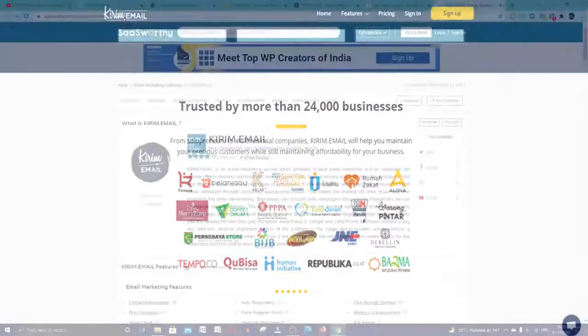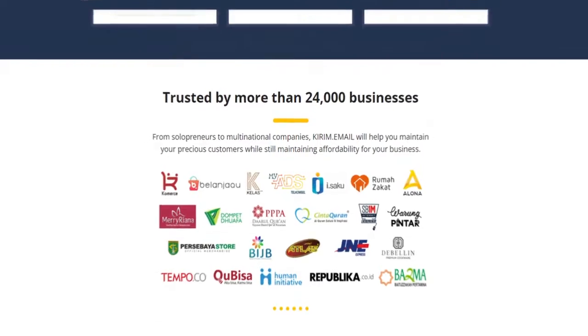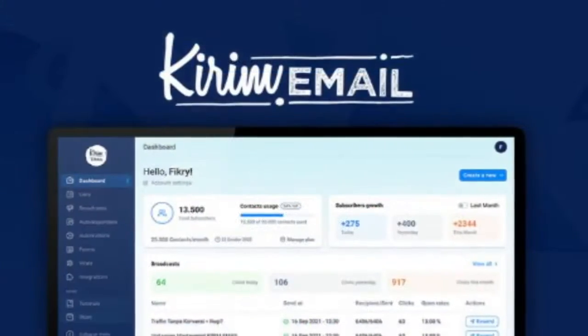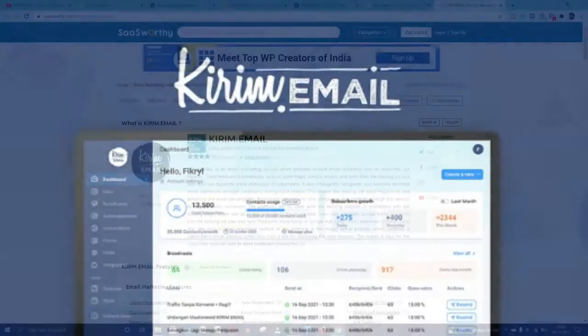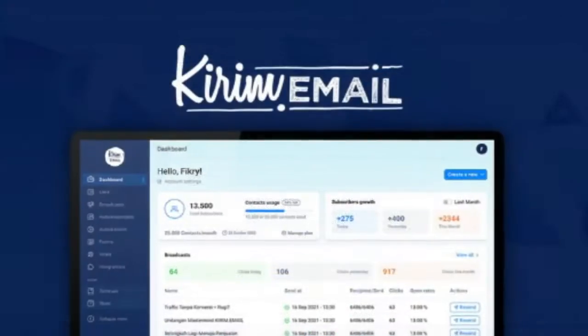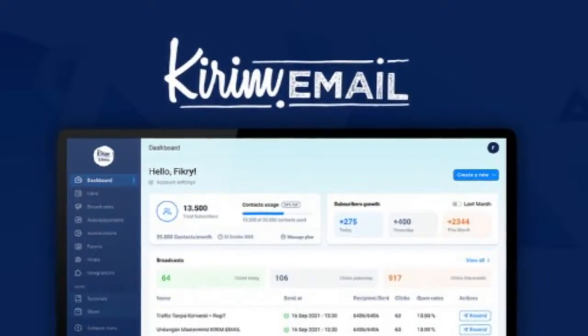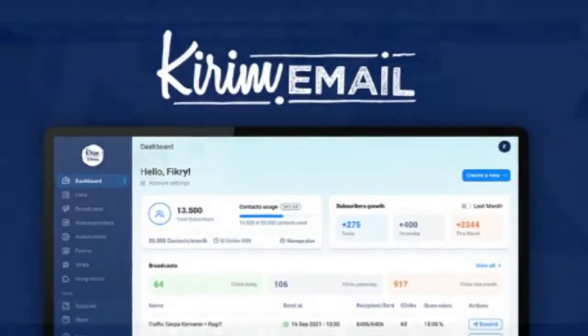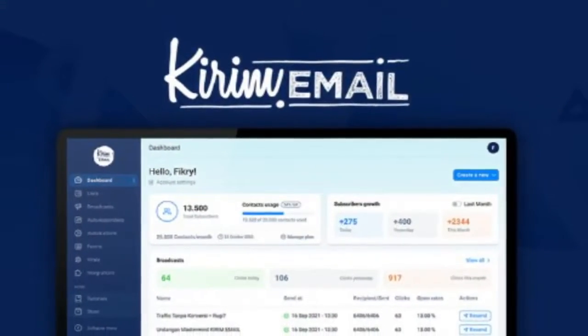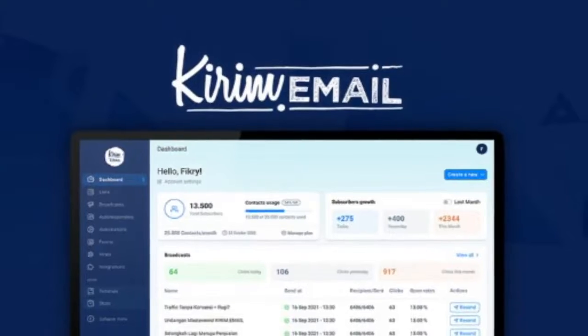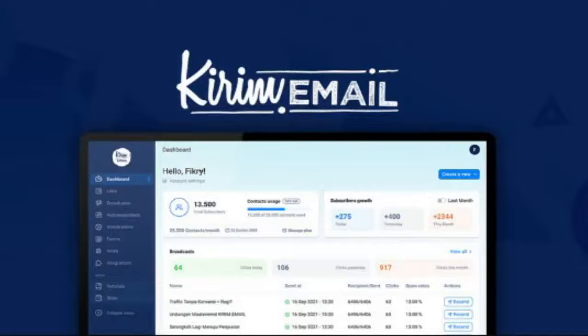So guys, I'm gonna review the tool which is named Crim.email. Crim.email is an email marketing service which provides inbuilt email validation and an automatic list cleaner. These features automatically remove spam traps, zombie emails, and bots from the mailing list and also filter out duplicate email addresses of subscribers. It also intelligently recognizes and removes dormant email addresses through continuous background checks. This makes the mailing list more responsive and enhances email deliverability.